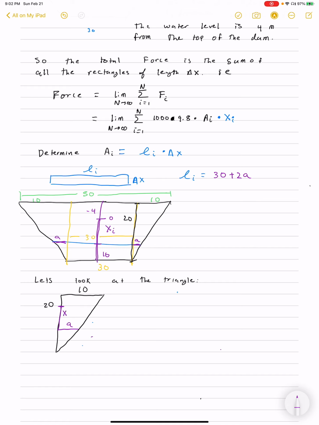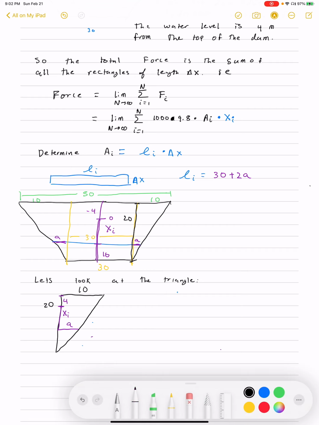This is going to be x sub i. That's going to be 4 from here to here. Okay. So we have to notice a couple of things. So let me